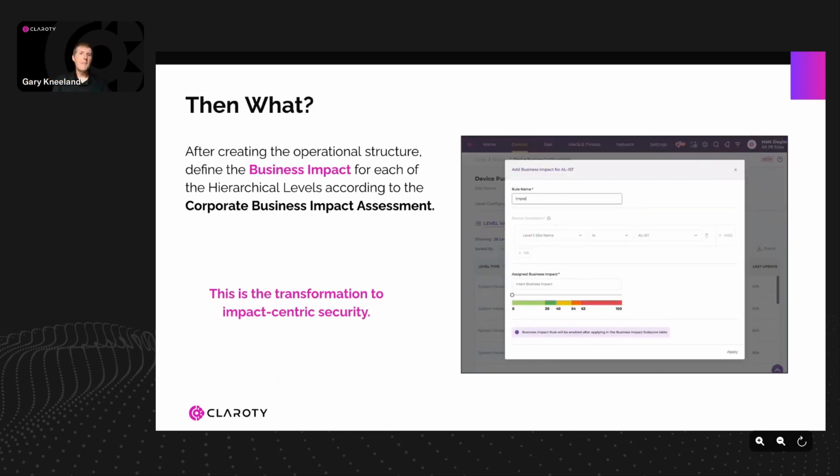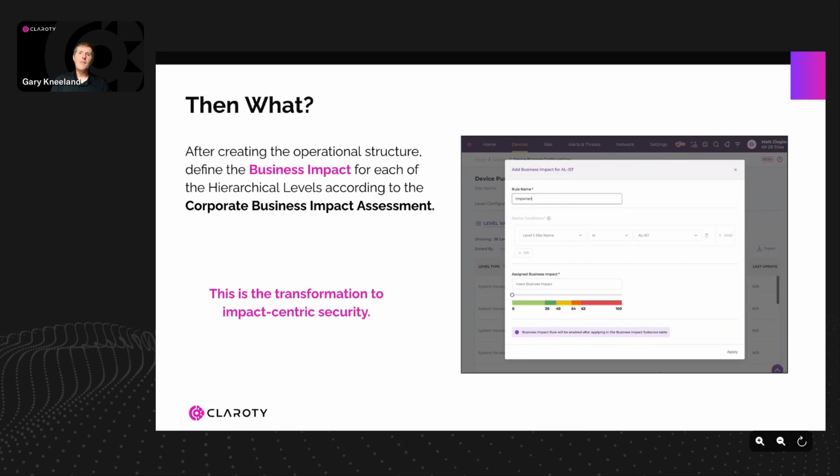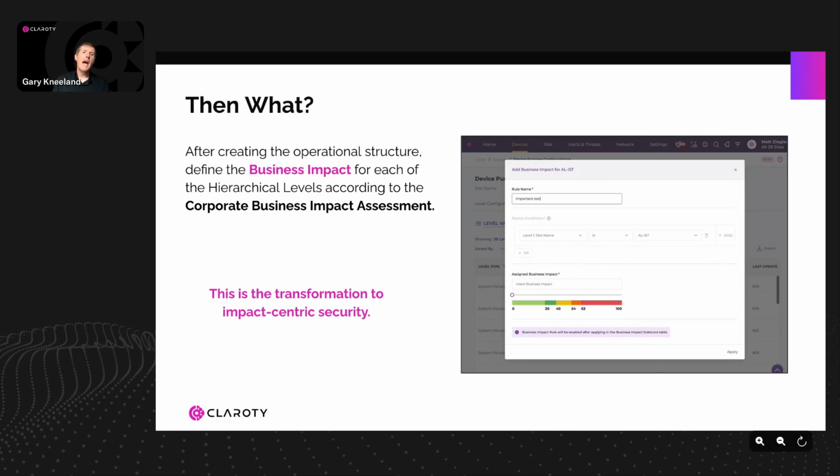So I've gone ahead and built that up. What else are we going to do with it? One of the first things that we normally suggest customers do is we set this up and then we start setting up business impact. Again, this is something that can get you some immediate benefits here, because I now know the business context for these systems and how this impacts my overall corporate structure, right?